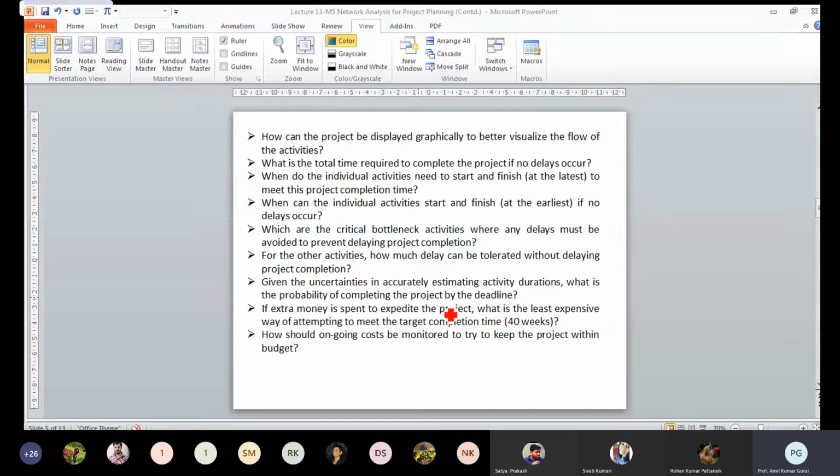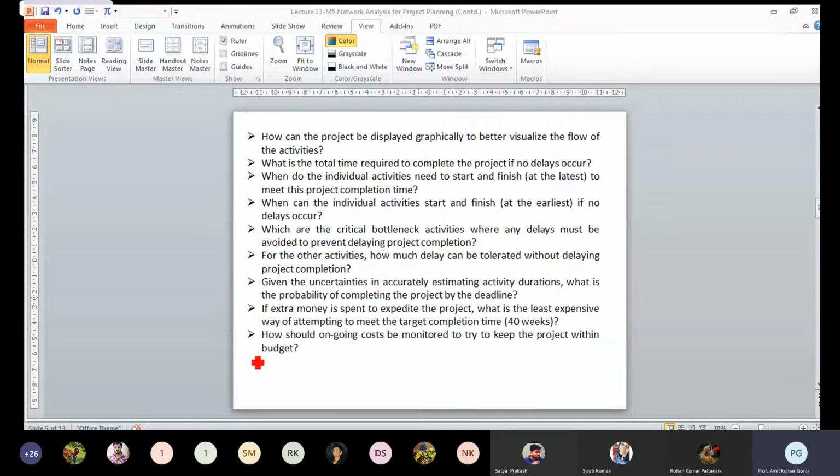So the cost of the normal completion time, the normal cost of the project, you have to estimate. Suppose a particular activity you can complete in 5 weeks, and if you have to crash it to 4 weeks, then for 1 week reduction, how much will the cost increase? Maybe some of the workers you have to give overtime, they will charge overtime salary, and your cost may increase for that, or you may have to hire additional machinery or manpower, and for that you have to incur an extra cost.